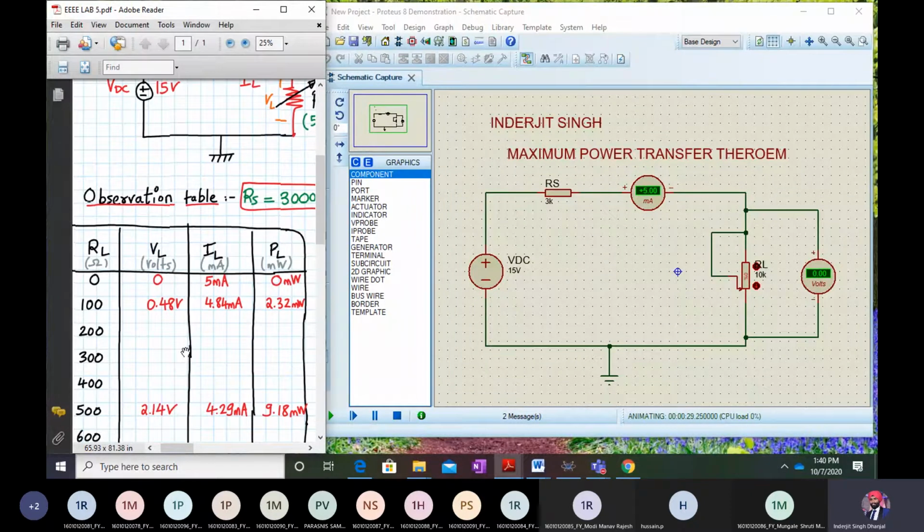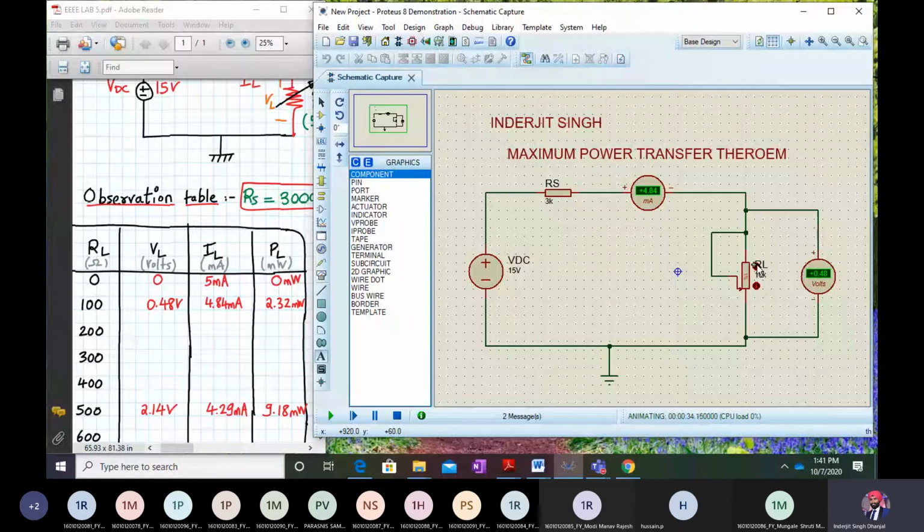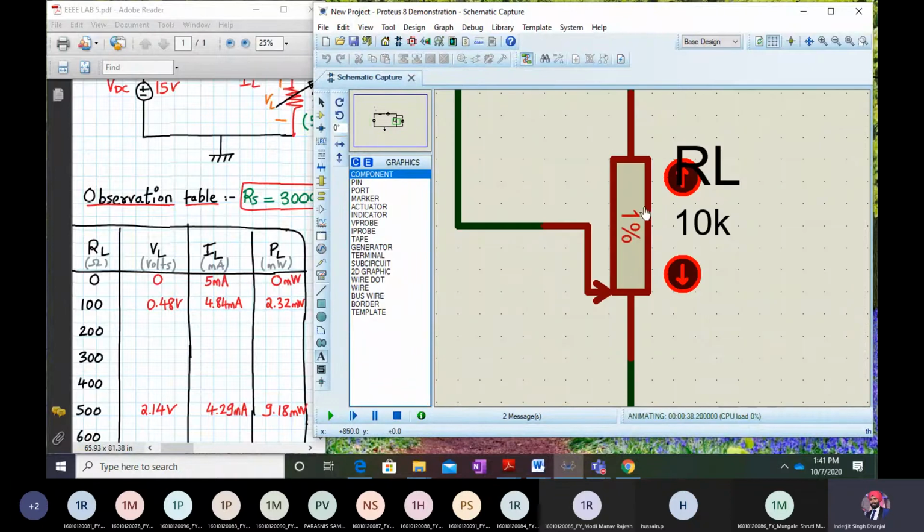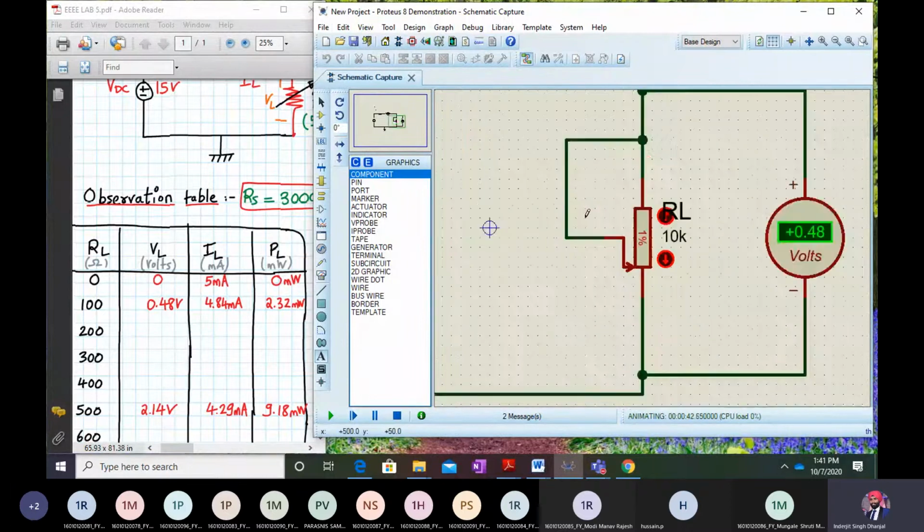Now when I increase it to 1%, what is 1% of 10K? If you work it out in a calculator, that will be 100 ohms, correct? So this is at 1%. 1% of 10K will be how much? 100 ohms.